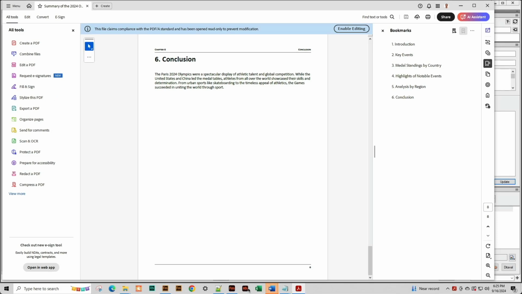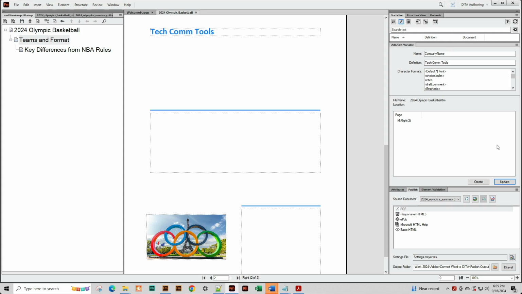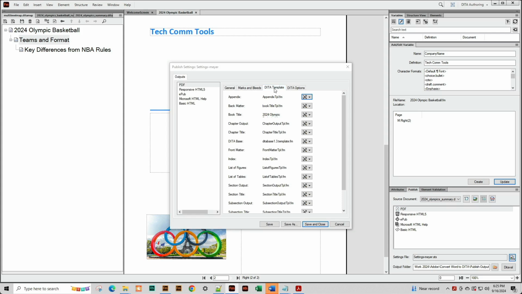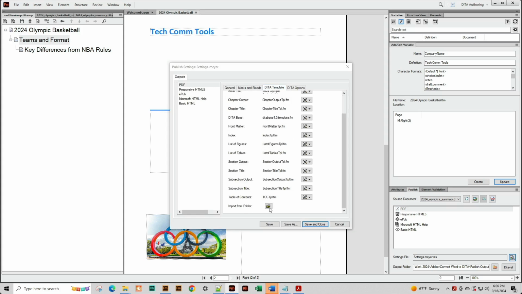At the beginning of this section, I mentioned that I was putting all of my templates into one directory and that we were going to loop back around. Coming back into FrameMaker, going into the Publish settings and the DITA template options, I want to point out that at the very bottom you have an option to import from folder. So if you've made changes to 5 templates specific to your project, you can save those all in one directory, and then you have the ability to import from all of those files in one step